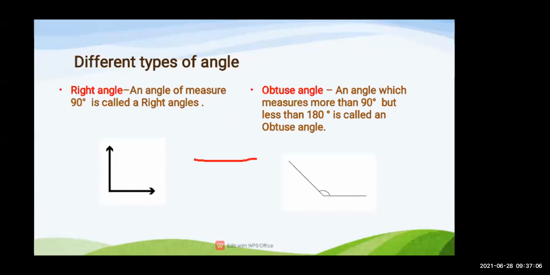Now if I draw like this in this same figure, so which type of angle is it? Very nice. It is an obtuse angle, that is more than 90 but less than 180 degree. 180 degree means it should be a straight line. See in your protector, जो हमारे पास D होता है, the protector.